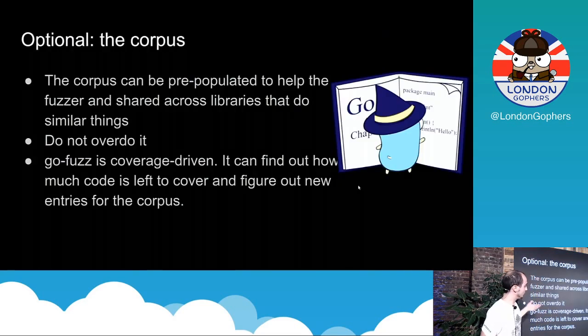The corpus, you don't have to overdo it. You can pre-populate that directory. So for example, if you're fuzzing JPEG, it's going to be useful to put a JPEG in that directory because JPEG is a quite complex format, so you can help the fuzzer out. Don't put 12 gigabytes of data in there because it needs to read it. And it can figure out most of the stuff. After fuzzing the HTTP package for 10 minutes, I found perfectly written HTTP2 requests for it. So it's pretty good. I don't know if you've ever seen an HTTP2 handshake, but it's...